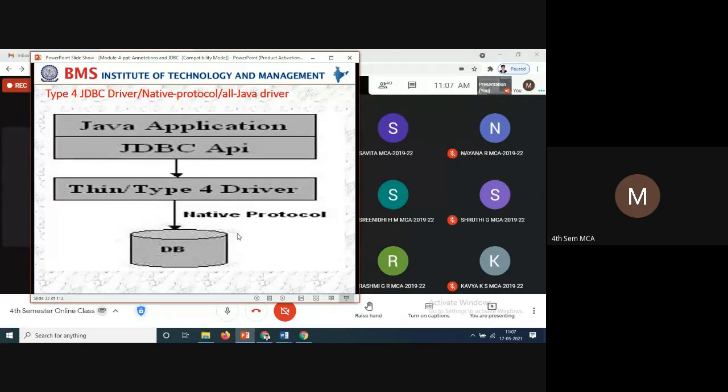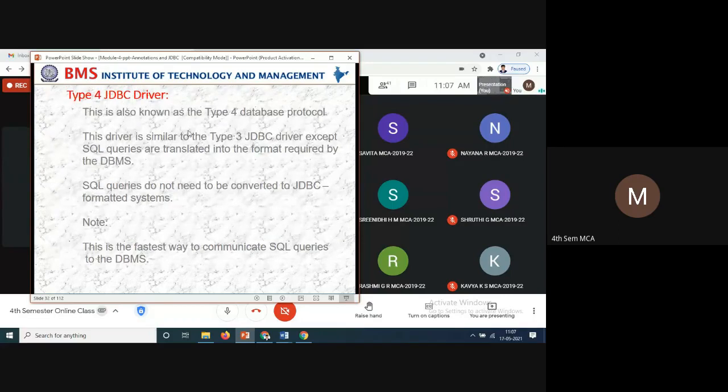So first one, second one, third one, and fourth one. Normally we need to concentrate on the third and fourth ones only, and the one we are using is the fourth. The differences, one by one: what drivers are required? The second one requires RMI and similar drivers. For the third one, once you install it, the SQL commands go to JDBC, and whichever format is required by the DBMS will be given.